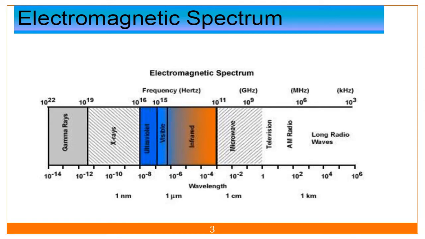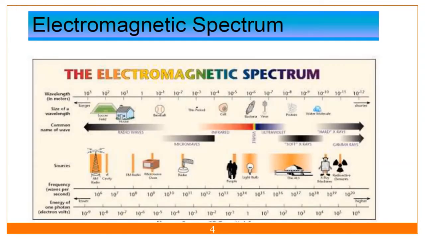I will discuss in another slide how it works and what the uses of the electromagnetic spectrum are. This is the broader electromagnetic spectrum. So this is wavelength in meters. Here, wavelength means I have shown a size of, that is, wavelength is 10 raised to